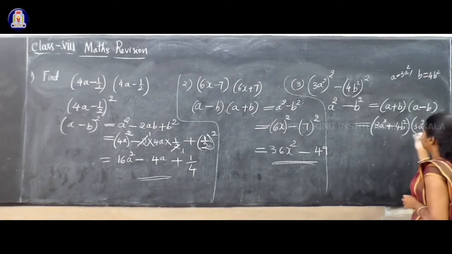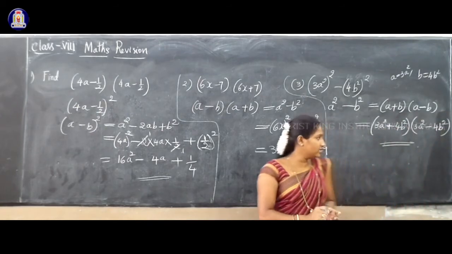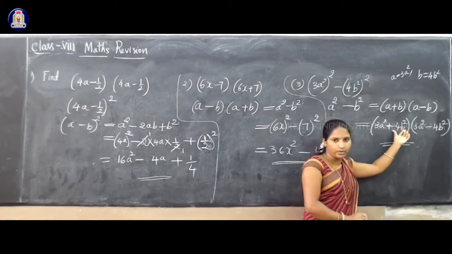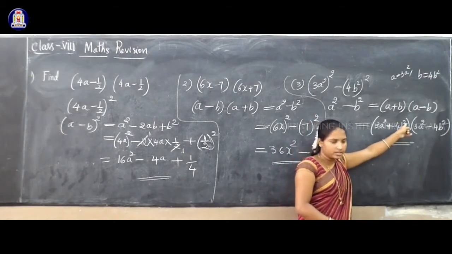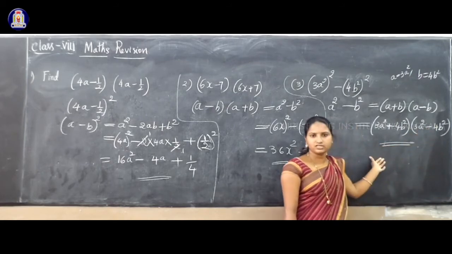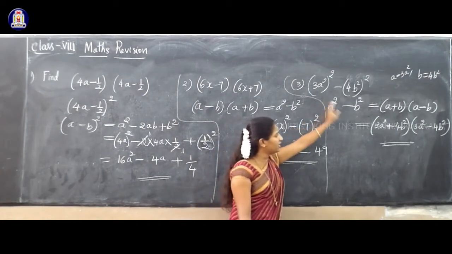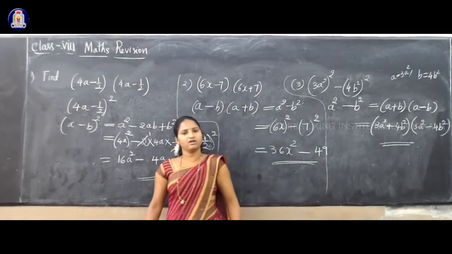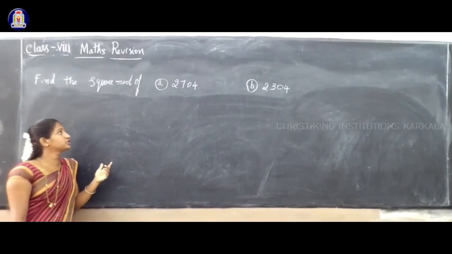So now the next step, we cannot simplify this, isn't it? We cannot add 3a square and 4b square because they are unlike terms. Here it is a square and here it is b square. So this is the final answer. Clear? So you can stop here. Just write the formula and substitute. So this is a 1 mark or a 2 mark question. Yes, thank you. Okay, next question is here.